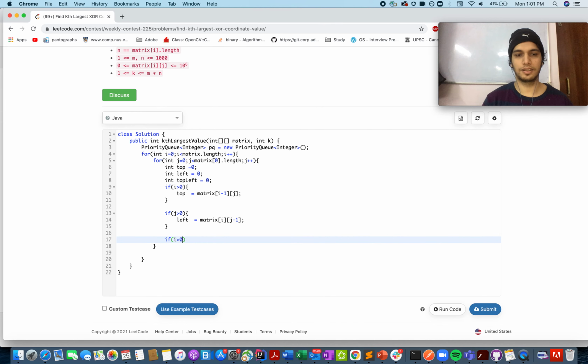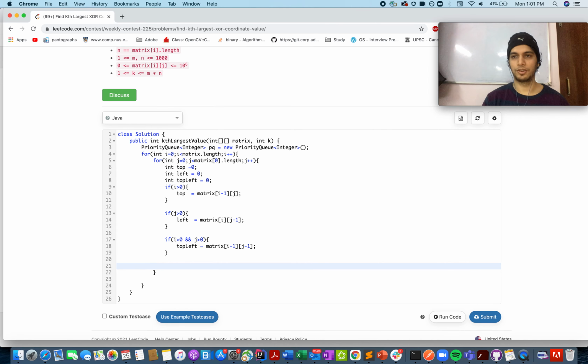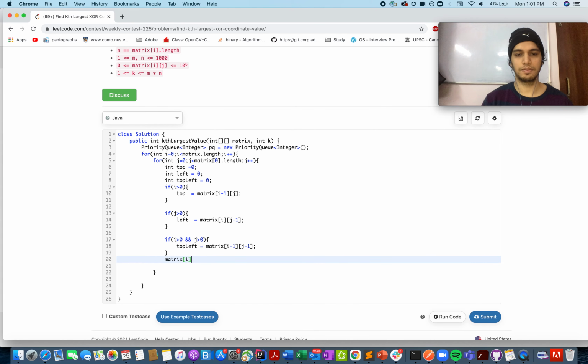And if i is greater than 0 and j is greater than 0, for both the cases, top left equals matrix of i minus 1, j minus 1. We are done. We found out the three values, and let's compute matrix of i comma j equals top XOR left XOR top left XOR the current value of the matrix.